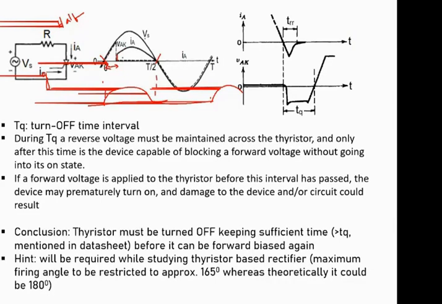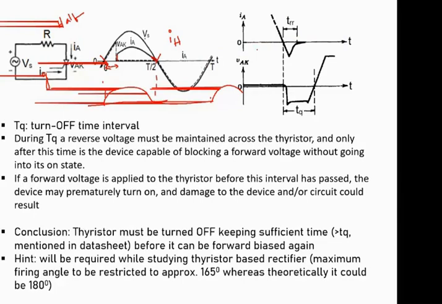Now, by default the current is going to 0 here, right? Because of this AC behavior of the circuit, current is going to 0. That is how your thyristor is going to turn off automatically. You need not give any gate pulse in negative, so the gate has no role. Current by default is going to 0. So once it falls below that holding current, the thyristor will automatically get turned off.